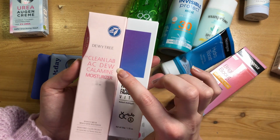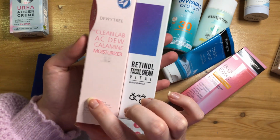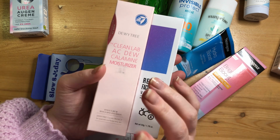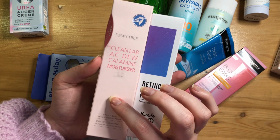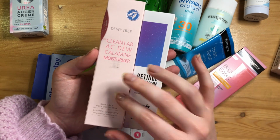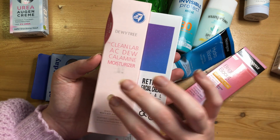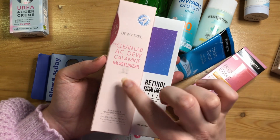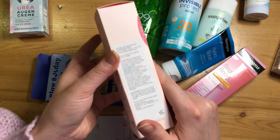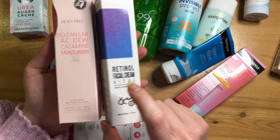So I have the Dewy Tree Clean Lab AC Dew Calamine Moisturizer. This one is a very jelly moisturizer, so that makes me like it a little bit more because I like jelly moisturizers. It's very hydrating. It really clears out the skin. It looks super glassy. It's very for that clean girl aesthetic. I think this is a great product. It's Korean, I believe. Yes, this is a Korean brand, as well as this one,